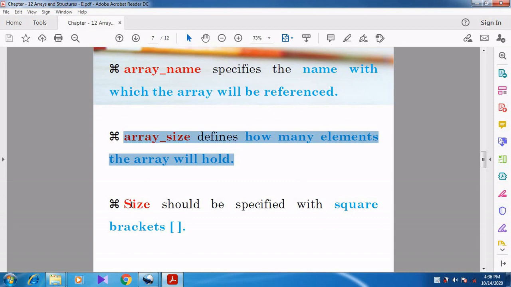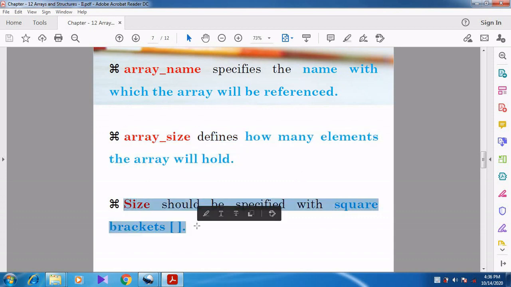And then size should be specified within the square brackets. Always the size should be specified within the square brackets. So the array can be represented by the symbolic representation, square brackets. Function means it is represented by parentheses, is it right or not? How will you represent a function? Parentheses. How will you represent an array? It is represented by square brackets. So with this symbolic representation we can understand easily.